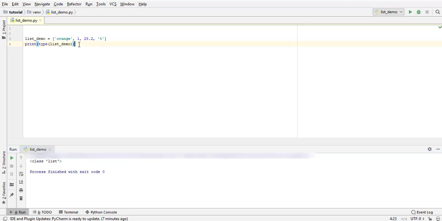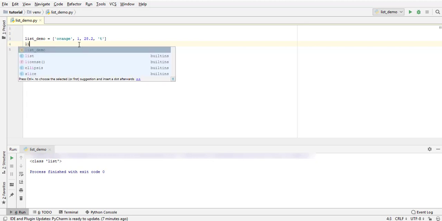There is another way of creating a list using the constructor of list class. As you saw above that the type of list is a class list. Every class has a constructor which is a special function for creating objects of the same class. A constructor has the same name as that of the class and it is followed by parentheses, just like any other function. A constructor creates objects of its class.